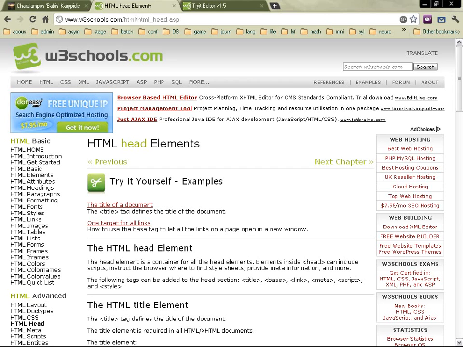Up until now we've been working inside the body tag, and let me repeat that anything we want to present to the audience, we put in the body element or tag or section. So we're going to see what happens with the HTML head section, which is the preamble and contains all elements describing the entire document. In HTML, the head section is not necessary, but